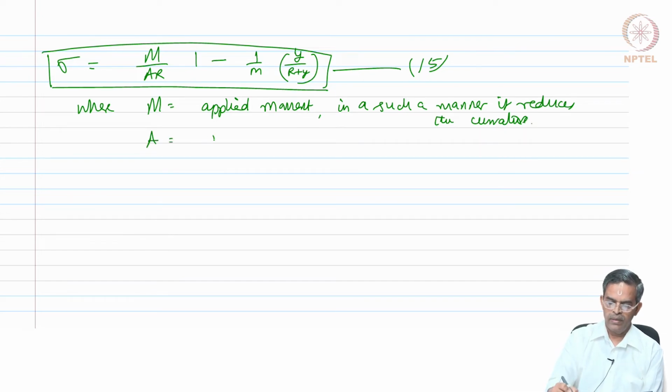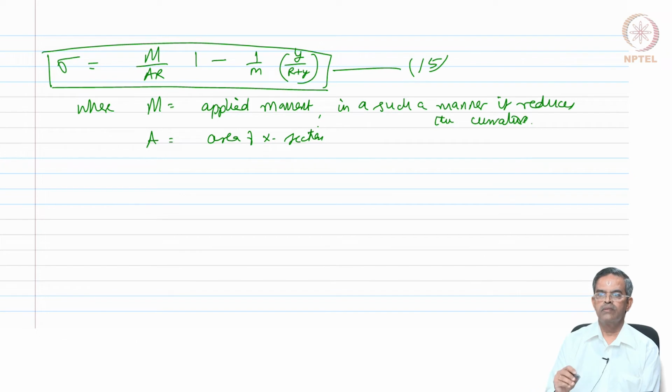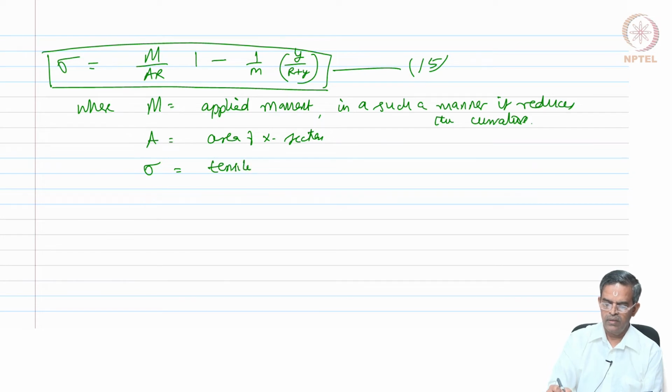A is the area of cross section of the member. Sigma is the tensile or compressive stress